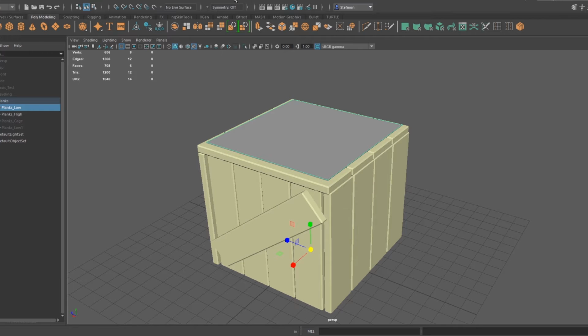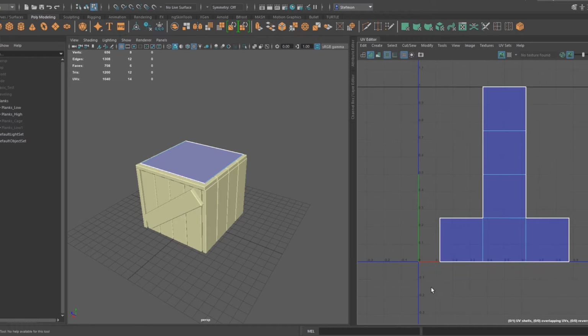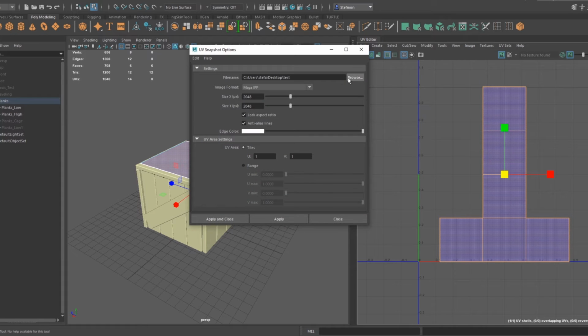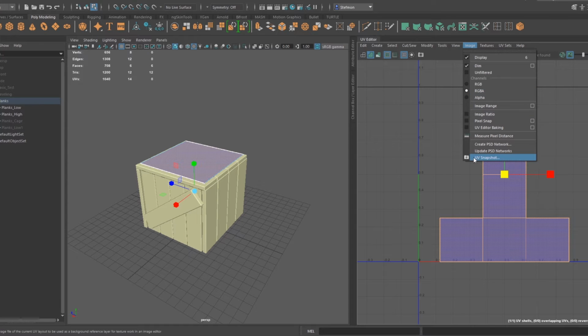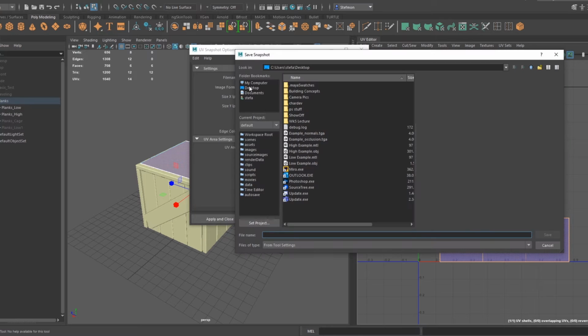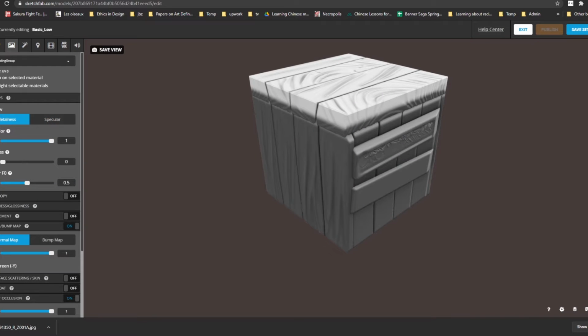I'm going to grab the low poly and I'm going to grab its UVs actually. So I'm going to go here, select the UV shell, and go to image, UV snapshot, let me do that a little slower, image, and then you have a UV snapshot, this little camera. And whatever you've selected is going to be exported. So I want this to be 1024 size. That's fine. And I'll just, let's do a PNG. And I'll put it on the desktop, right? And call it gibberish. Apply and close, right? And let's just put that into our Photoshop,